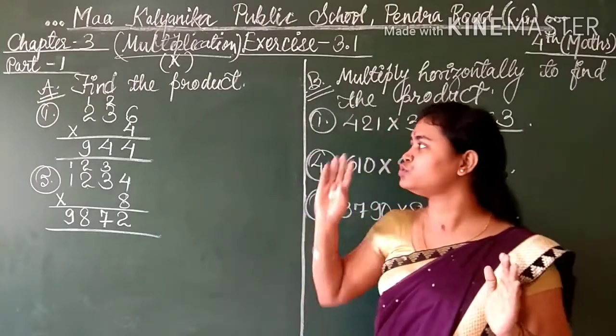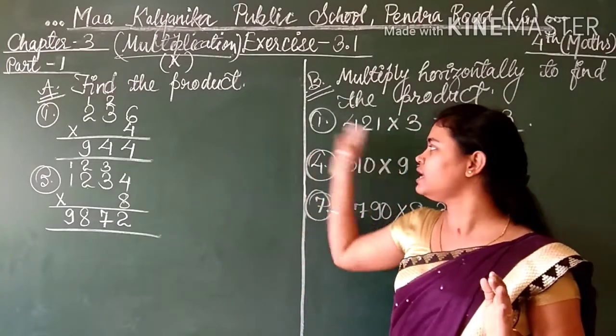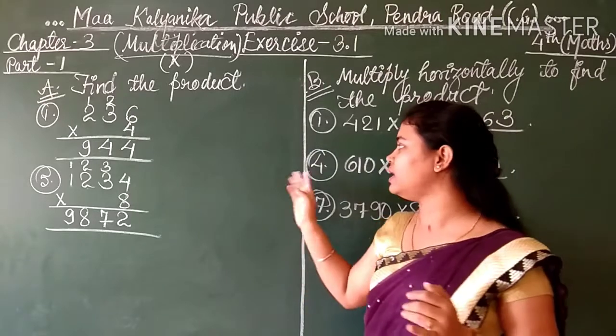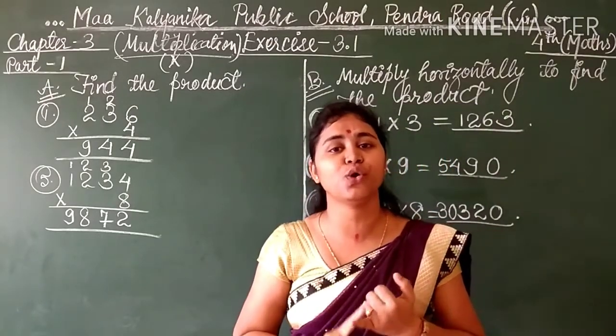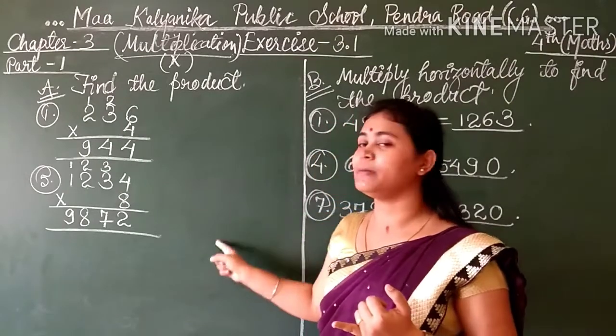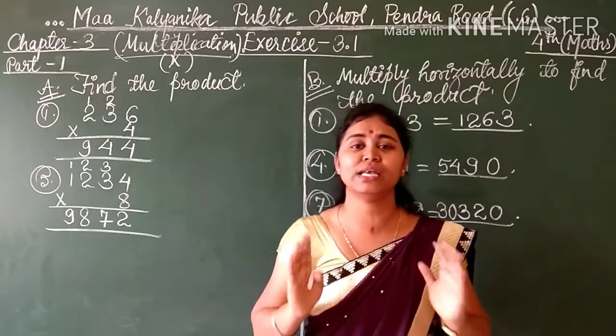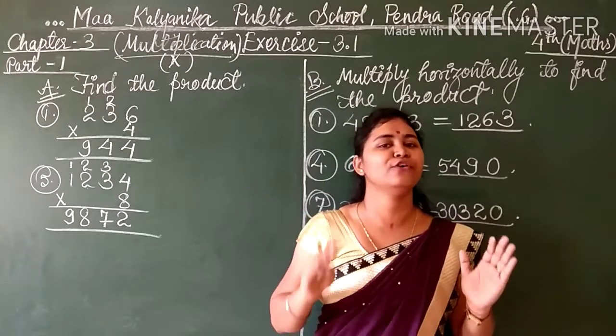So in this way you should know the rules of multiplication, and by knowing the tables you can solve the rest of the questions. For that you should know the tables for solving the multiplication chapter. So please learn the tables properly from 2 to 20.